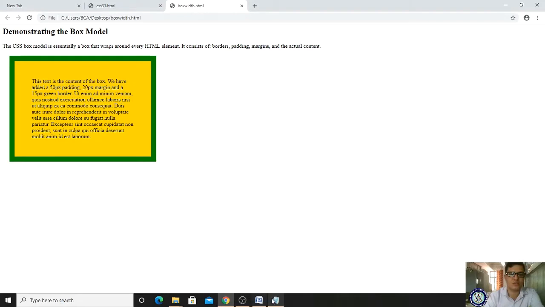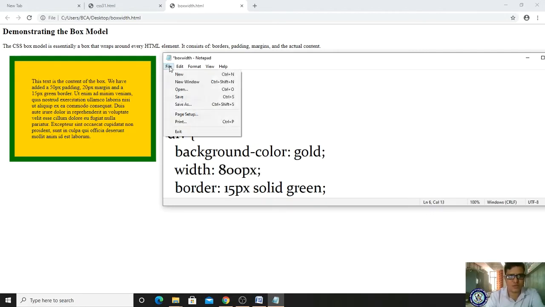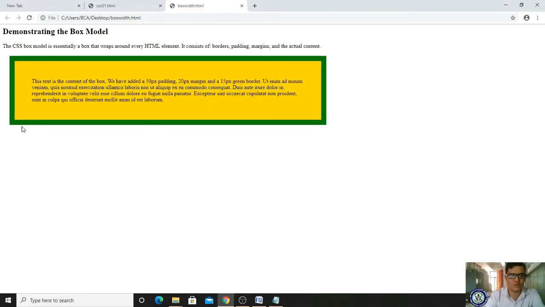Now it has turned gold, and the width here is 300 pixels. Let me make it 800 pixels and check what happens. Save it and refresh it. If you make the width 800 pixels, it has expanded, right?